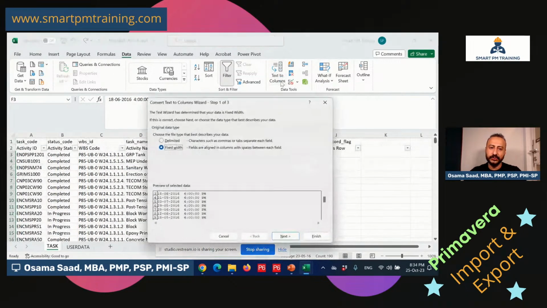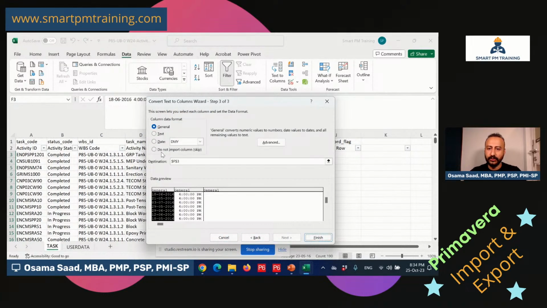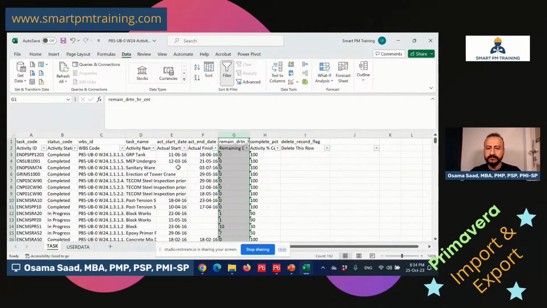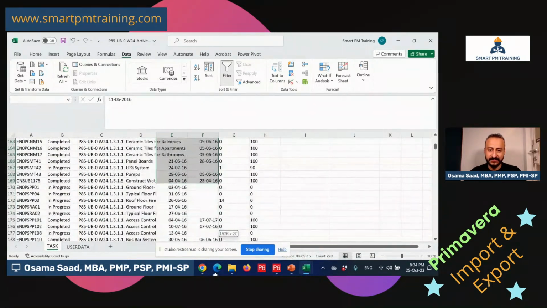Highlight everything, text to column, fixed width, yes, split the timing, next. First column, I want it to be date, click finish, and remove the timing. One last thing is I want to do final formatting for the date,